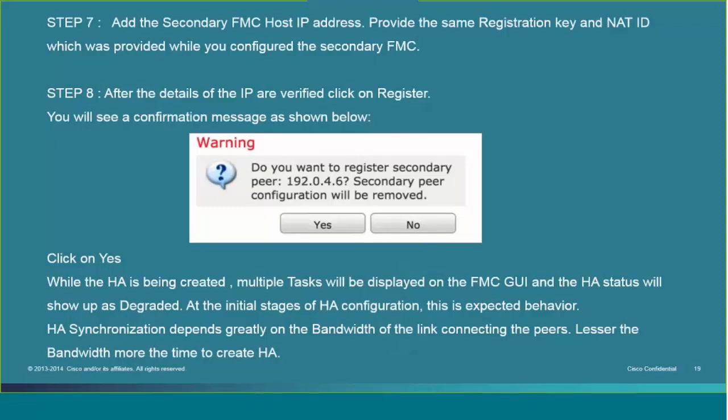Another thing to remember is, the most commonly asked question here is how long does it take for the FMC HA setup to be established? Now this really depends on the databases, because like we said, there is the event and the configuration database. So what we do is set up the